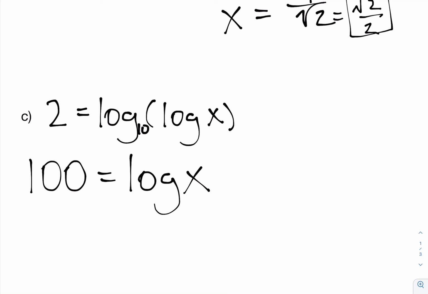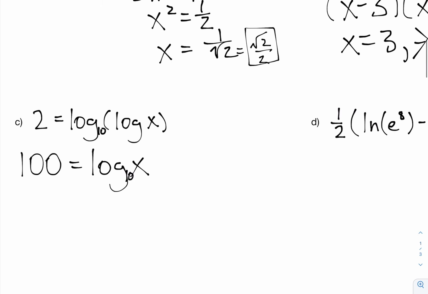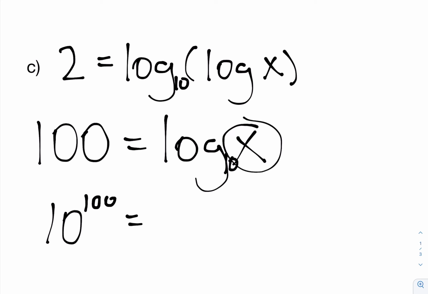Well, we have the exact same thing again here, right? We got a log inside a log. We got rid of one of them. Now we're going to do the exact same thing, because remember, there's a hidden 10 there. So we get this in exponential form. We say, well, this base 10 raised to what it equals, 100, equals the argument, which now is just x. So x is equal to